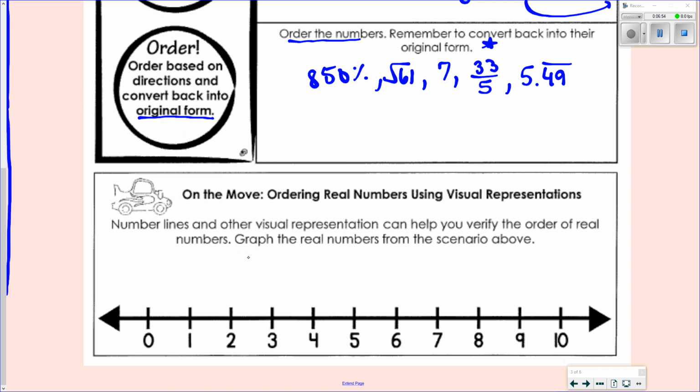All right, so we are ordering real numbers using a visual representation, which is a number line. So number lines and other visual representations can help you verify the order of real numbers. We're going to graph the real numbers from the scenario above. Okay, and again, this is why it's good to convert to decimals, because you can see where we are going to place them here. Okay,